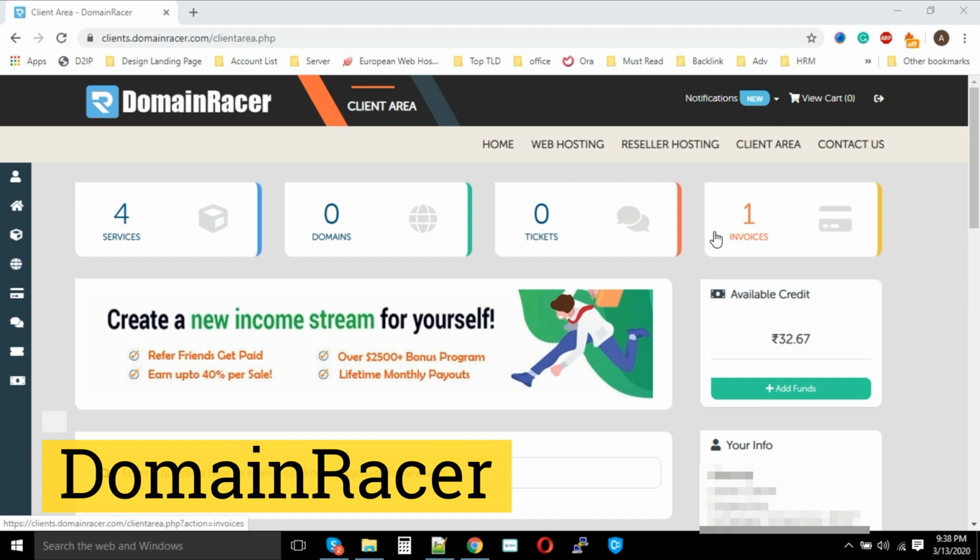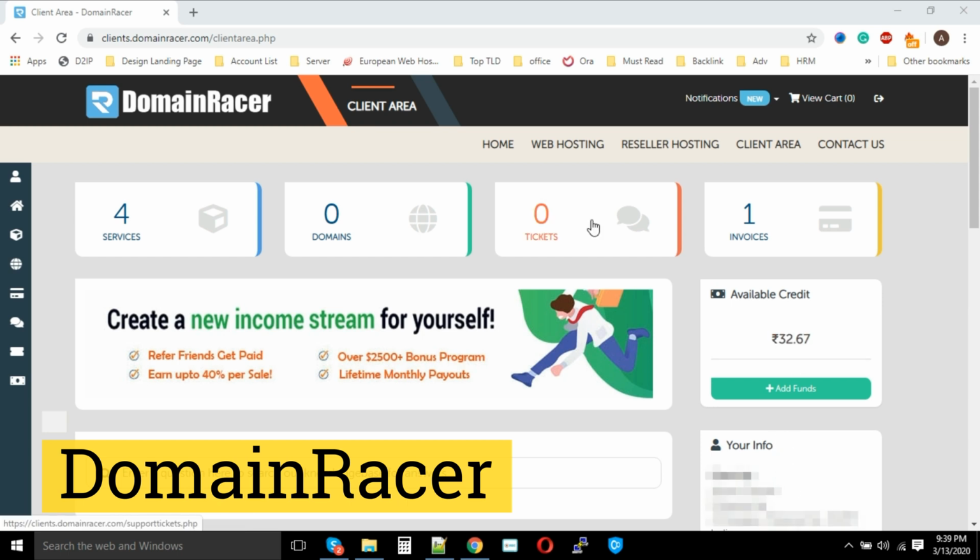This is a very small introduction about how you can use your available credit for optimal usage. We have seen that people have added a lot of money, like $100, $500, $1,000. So here I would like to share one factor. We have a default setting, and in that default setting, we cannot directly deduct your credit for paying the unpaid invoice. That clearly means if you want to pay your invoices, you can use this credit, but it has to be done manually. How you can do it, I will let you know in this video.